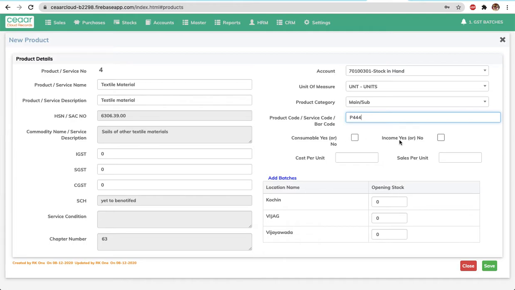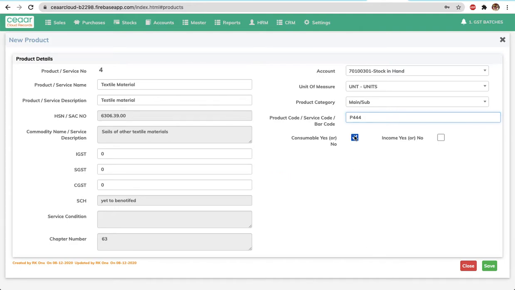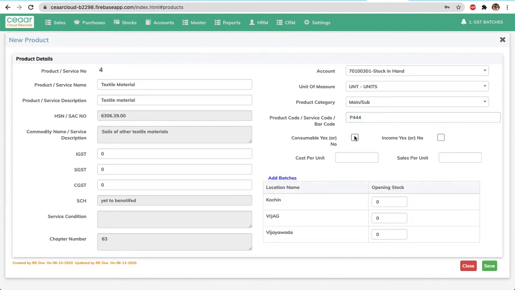And if it is an income type, for example, bank charges or service income, we are not going to manage any of this cost per unit, sales per unit, and the location-wise batch information. I'll show it to you. This will disappear, otherwise it will come.